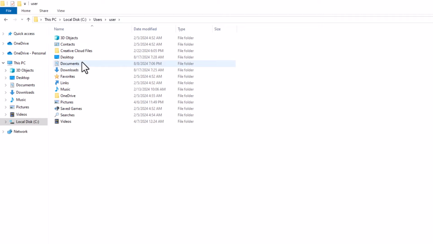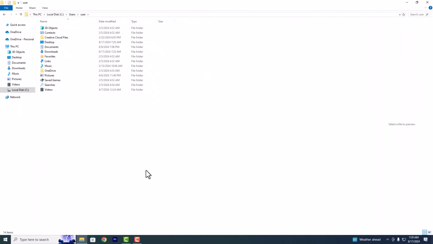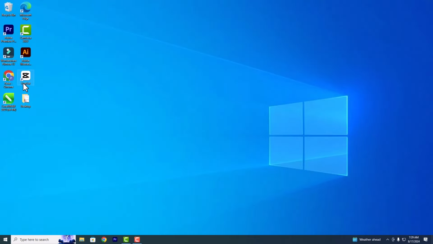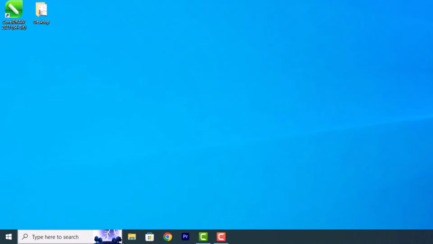Now to make this so much easier, that is why we create shortcuts. So with just a click, I do not have to go to File Explorer and do all that work. I can just come over here and click and open the application. Now I'm going to show you how to quickly create a shortcut, and to do so you first head over